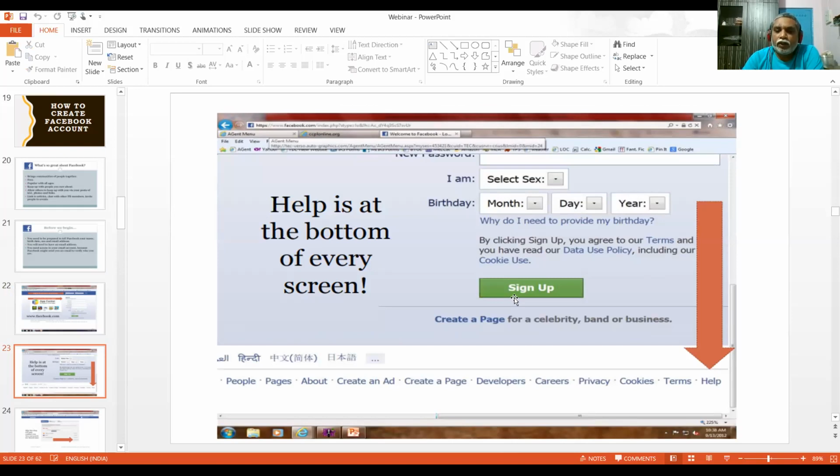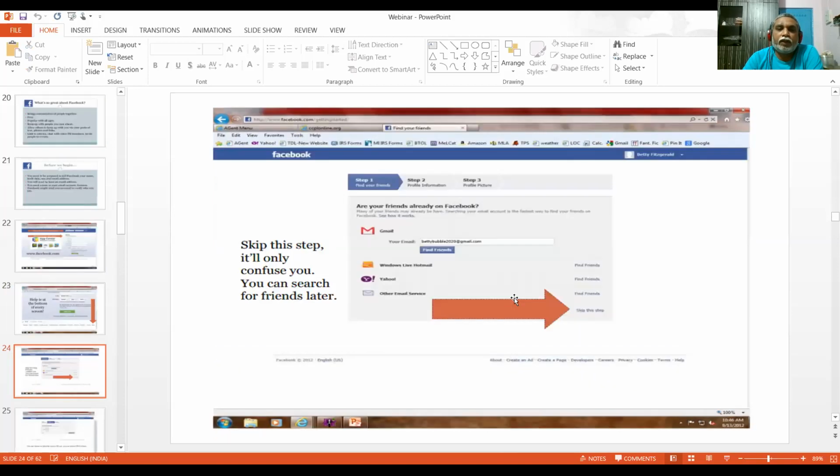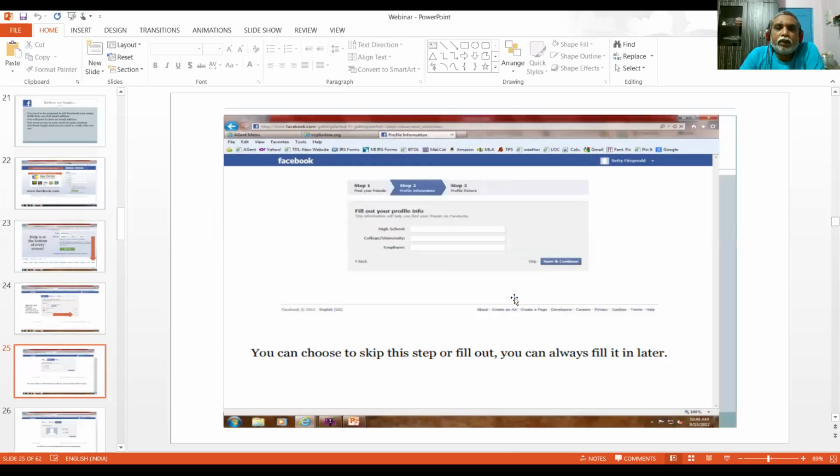After that, you can click on the sign up button. You type here your Gmail account. Previously we created a Gmail account. You can type the Gmail account here and click on the next button. Then type your school, college, and education related information, and click save and